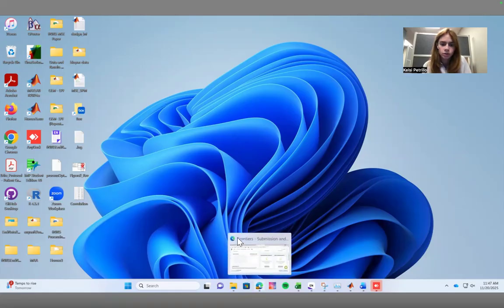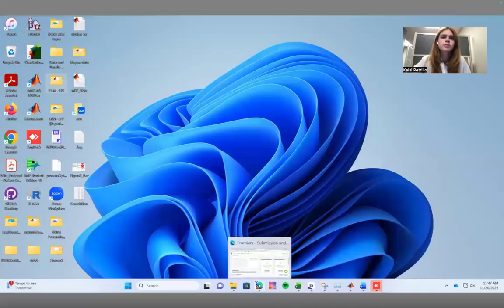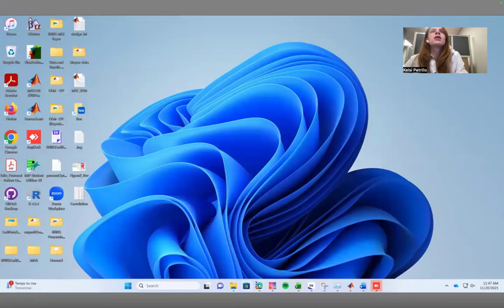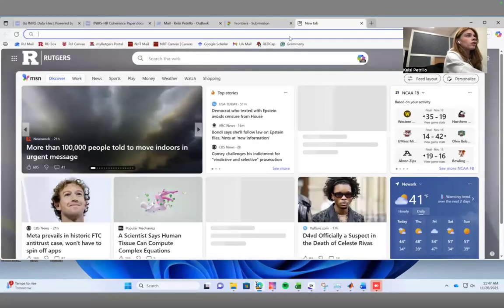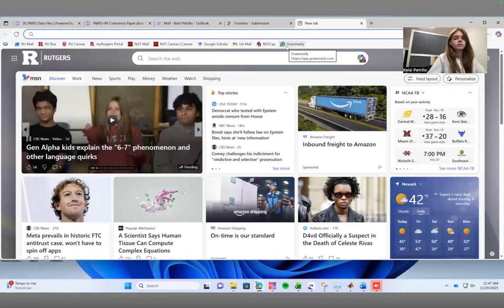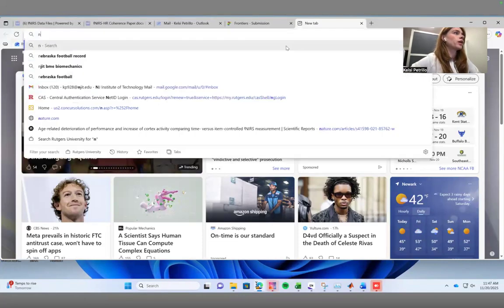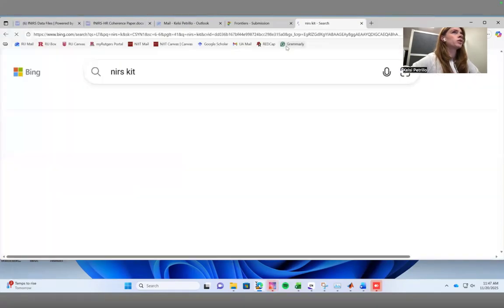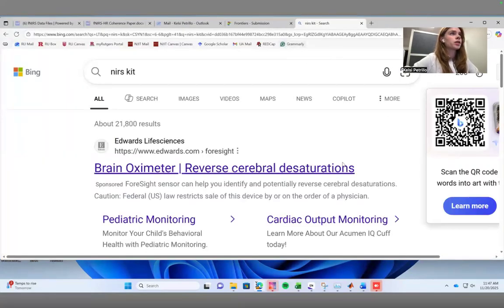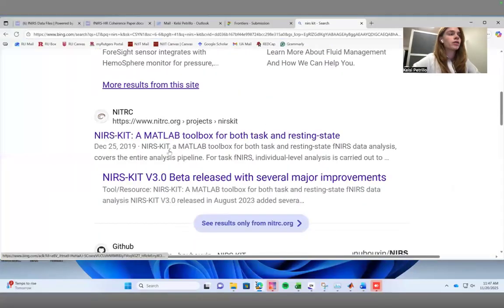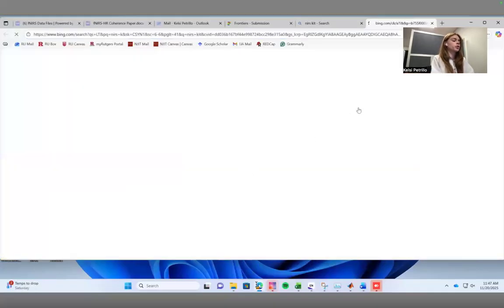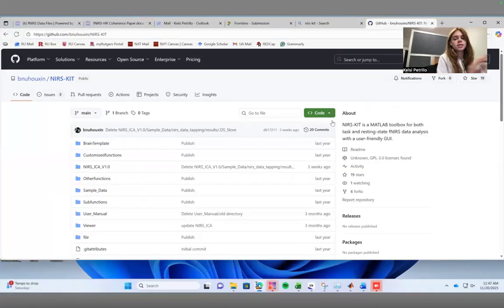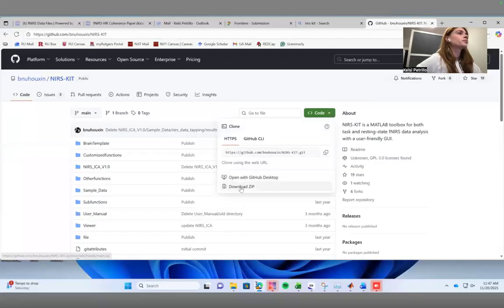So let me go to my browser. It's pretty easy to find and access all of these things. I'm just going to Google NIRS KIT. It's going to provide me with a GitHub link to download it. I'll just download the zip file and then extract the files from the zip. And then you also need to download the SPM folder,